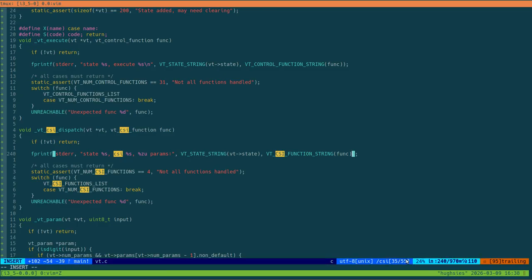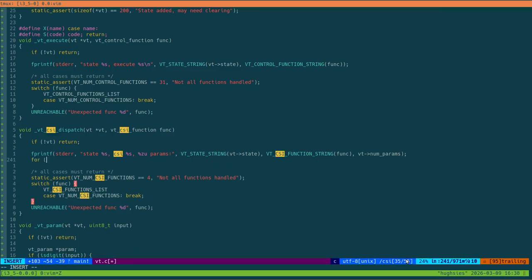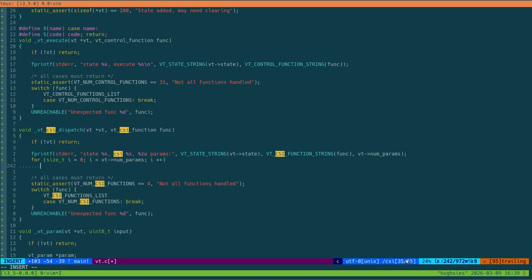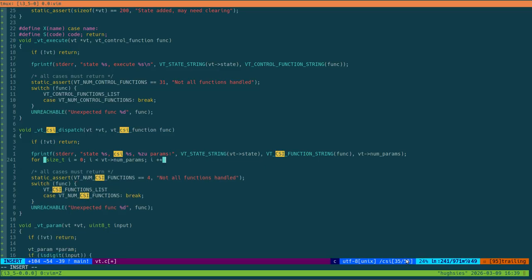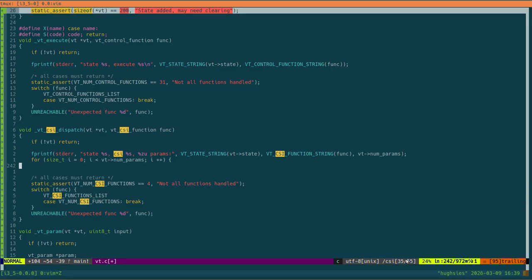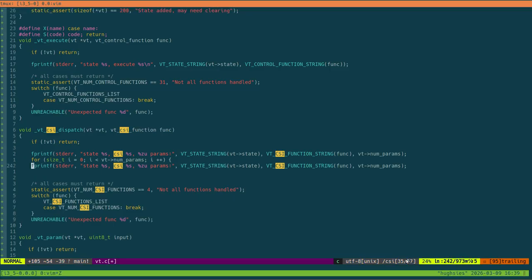And then here we can go BT num params, and then here we can go for size T I equals 0, I is less than T num params plus plus. And so in this, we can kind of